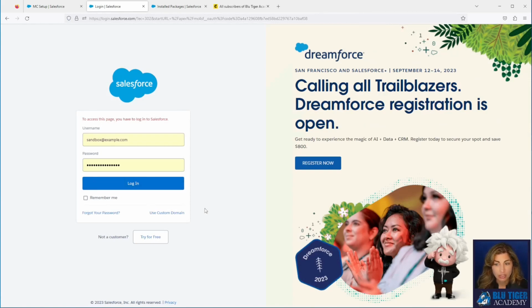Now you want to make sure that you are using the credentials for an integration user or an admin integration user that is not going to be deactivated. You cannot change the user once you install this package and configure these settings. The only way to change the user is to uninstall and reinstall the entire MailChimp package. We are going to show you how to bolt on a lot of flows and other things to this package, which you will have to delete if you ever want to uninstall this package, because it's all dependent on the MailChimp package components. So make sure that you're using a user here that you're not going to need to deactivate in the future.